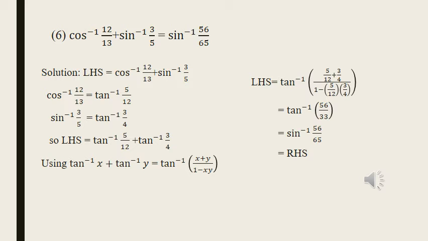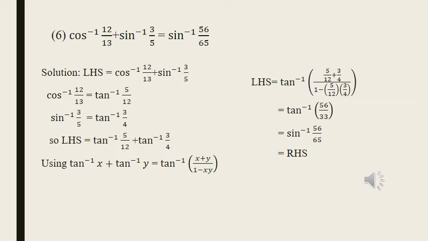So, as before, cos inverse 12 by 13. We know cos theta definition, adjacent side by hypotenuse. So adjacent side is 12, hypotenuse is 13. So opposite side is 5. So we have cos inverse 12 by 13 is equal to tan inverse 5 by 12. If you need, you draw one right angle triangle, then find out tan theta or tan inverse.